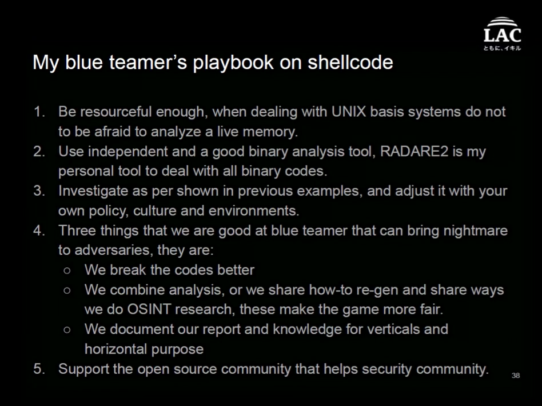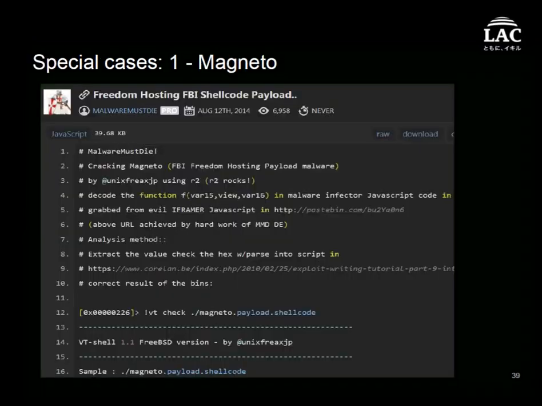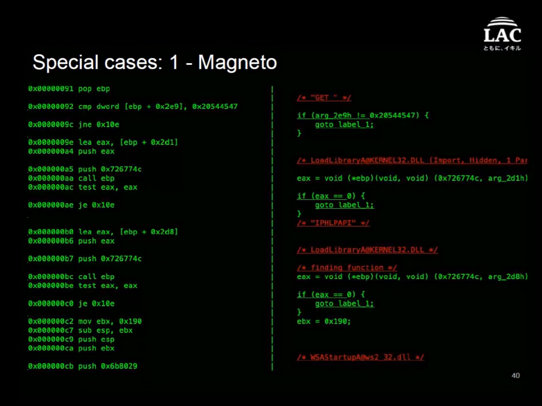And the three things that we're good at: we can break the code better, we can communicate with each other, and we can do great OSINT. Now let's go to the special cases. Case number one is Magneto. Magneto is a shellcode that is formed to target specific users using specific browsers and making a ping back to a specific host, and